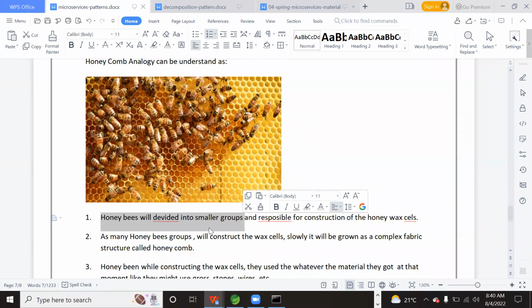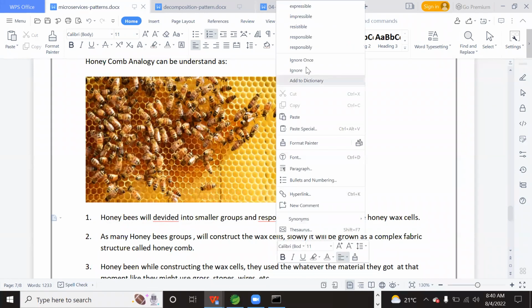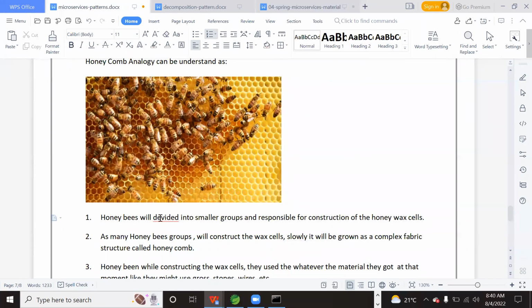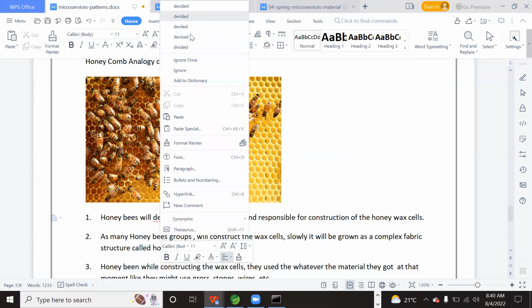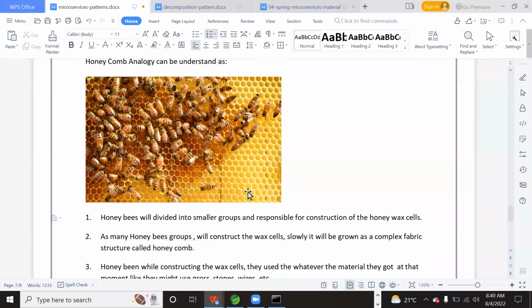Like that, developers will be divided into smaller groups and responsible for construction of the microservices, like how the honeybees do the job. Even myself, we will do the same job in microservices development, right?